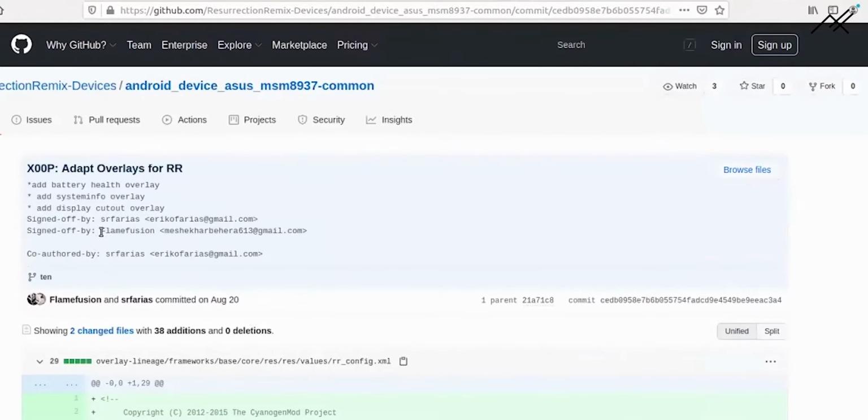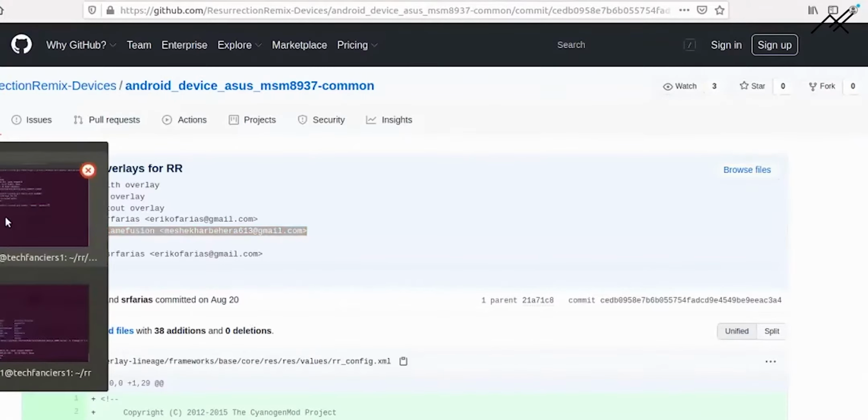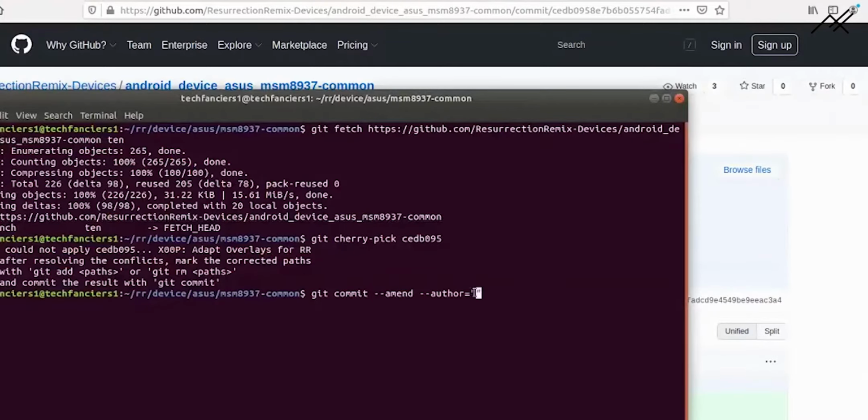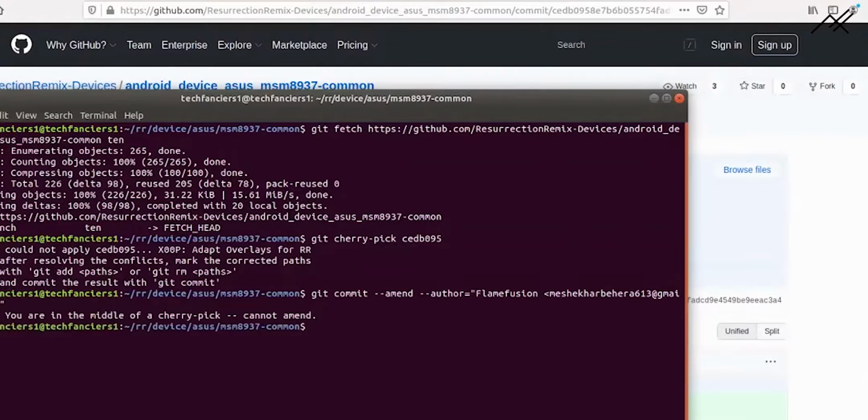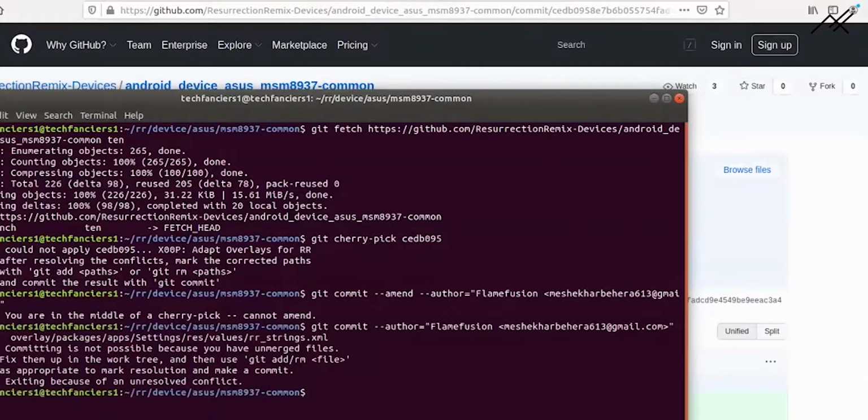I believe I may be wrong, I never did this one before, but I'm just doing it now. Okay, I'll just paste this one here. Amend. Okay, so I cannot amend. Okay, I will just remove this one. I will just add this author.